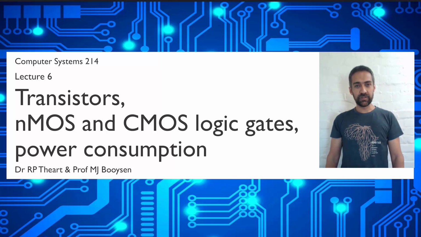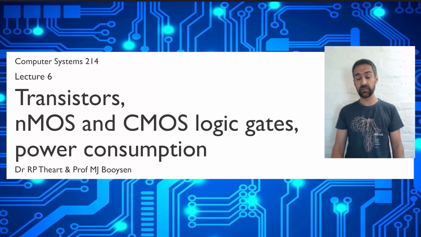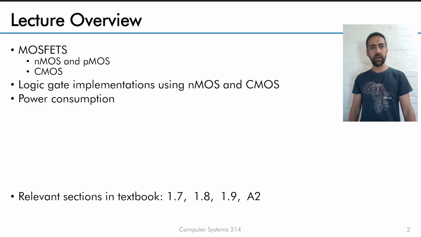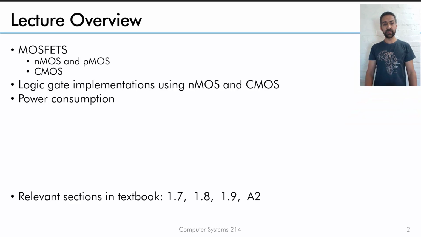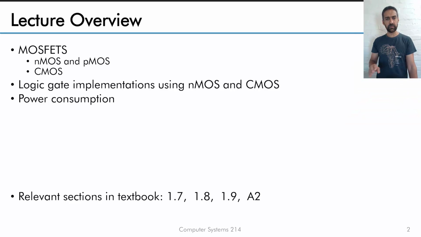Welcome to Computer Systems, Lecture 6. Today we'll be looking at transistors and specifically we'll be looking at nMOS and pMOS transistors and CMOS, the complementary pair of those, and we'll also be looking at logic gates and power consumption, so using those to make logic gates. In the overview of this lecture, we'll be looking at MOSFETs,